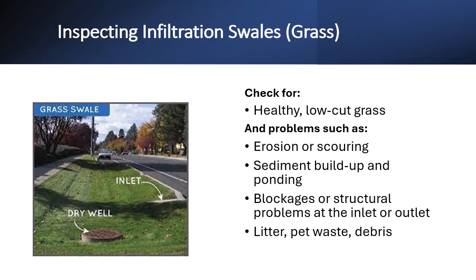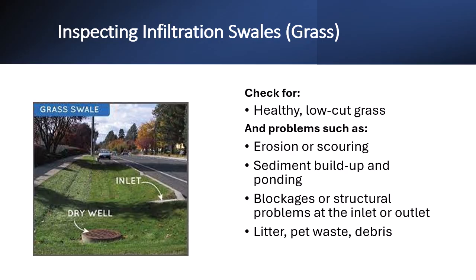Note that it is not enough to have a clean or open inlet or outlet structure. If sediment is built up around the inlet and impedes flow, this can cause problems such as water backing up into the road. If sediment builds up around the outlet, water may leave the swale more quickly. Structural problems at the inlet or outlet include any damage, settling, or misalignment that could disrupt its function. For example, the outlet structure, whether a dry well or catch basin, should be 6 inches above the bottom of the swale. The swale should also be clean and free of any leaf litter, grass clippings, pet waste, and other